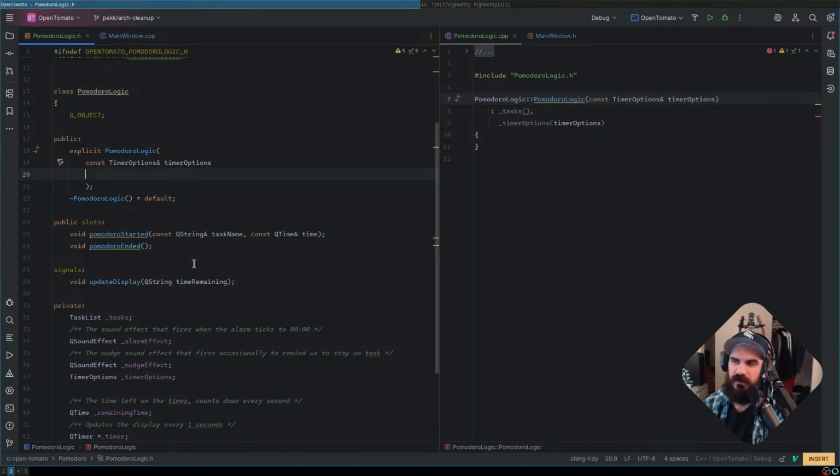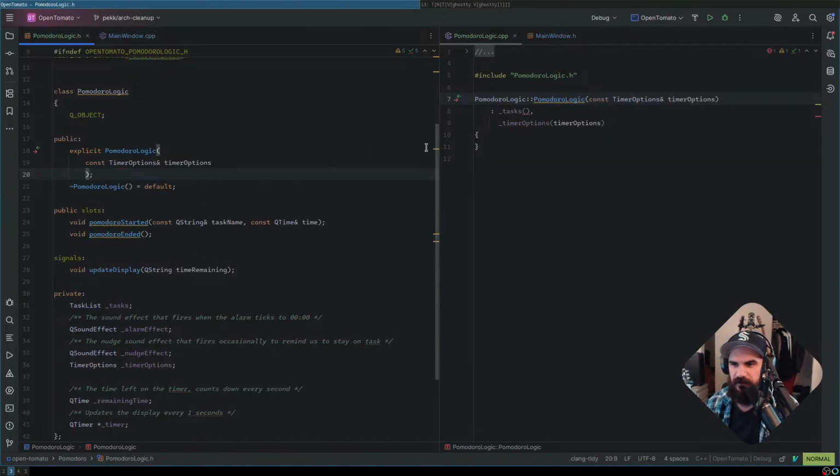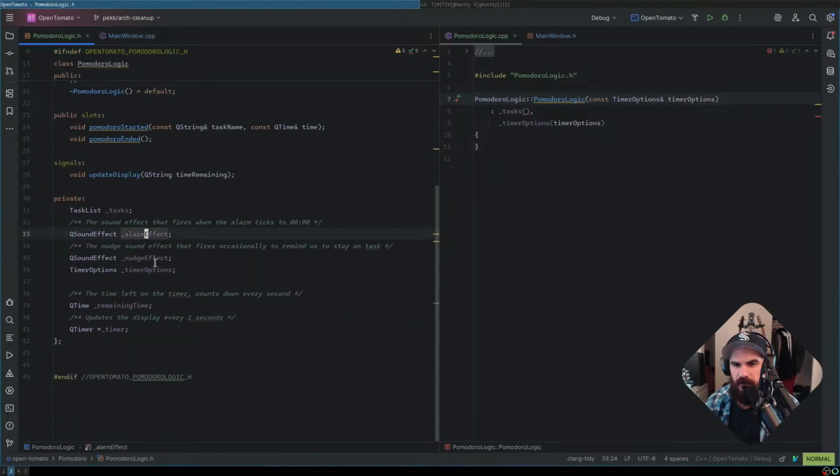It should be settable. Like we should be able to set the tasks. But at the same time, it shouldn't matter. I'm not going to put it here at first, but it should be injectable at some point. The alarm effects, the timer options.